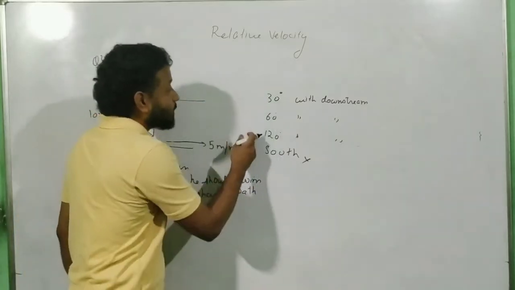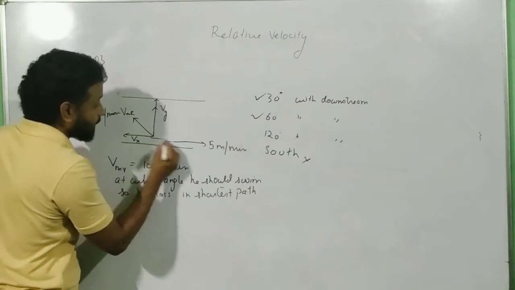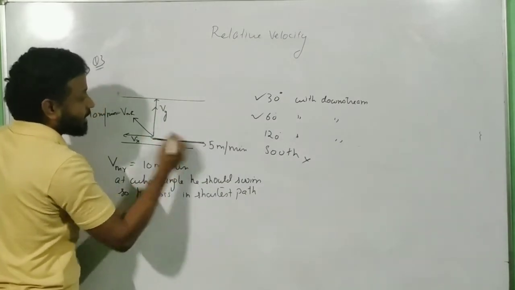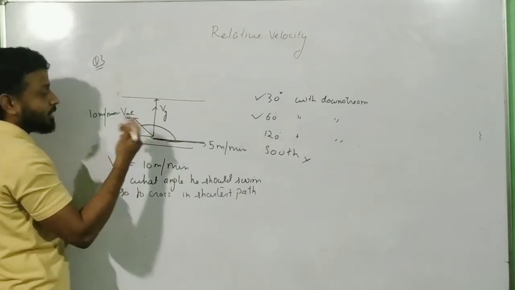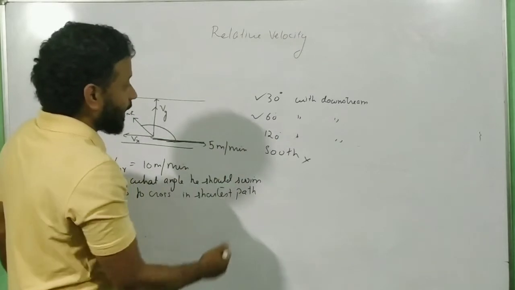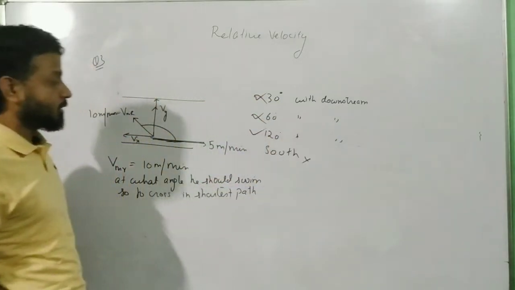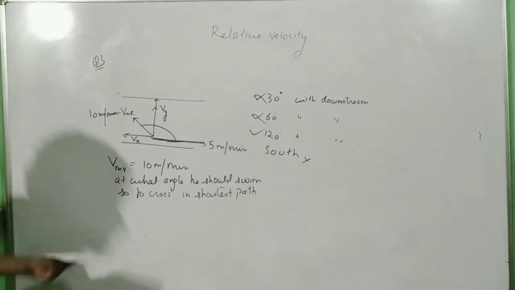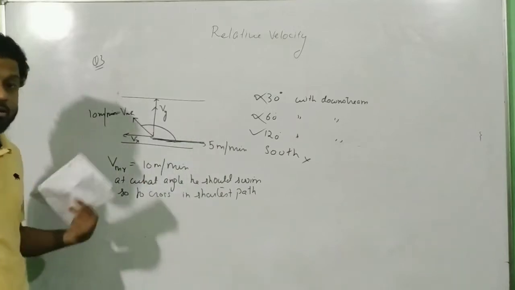If I see the options right away, it cannot be 30 and it cannot be 60, because the angle is made with downstream. You can see the downstream over here, in that direction. It is very evident that with the downstream, it is making an obtuse angle. So right away I can say that these are not possible. The only obtuse option is 120 degrees. That is my answer. But if there are many obtuse angles in the options, then you have to sit and work it out.